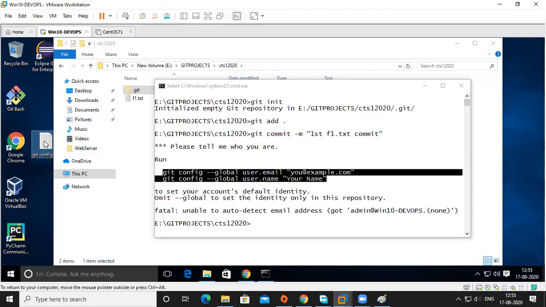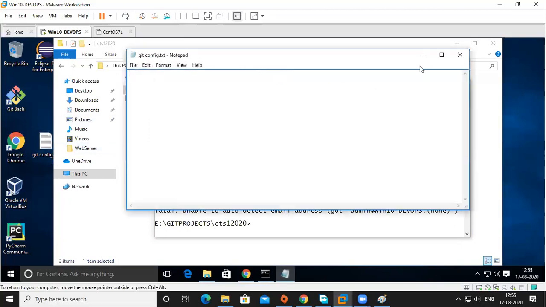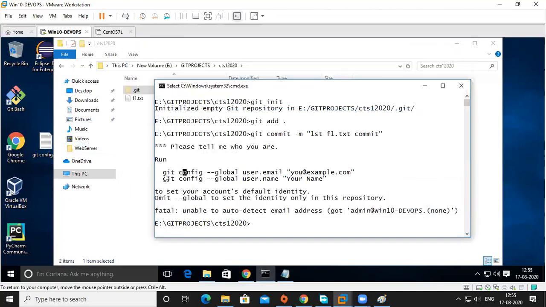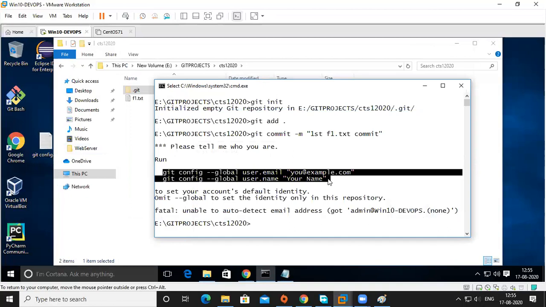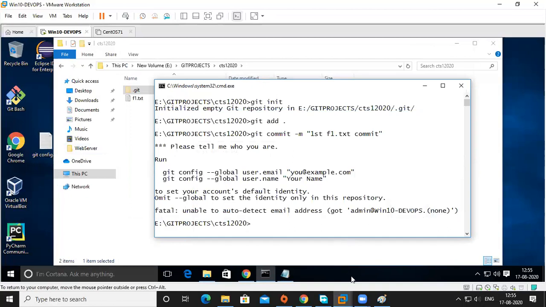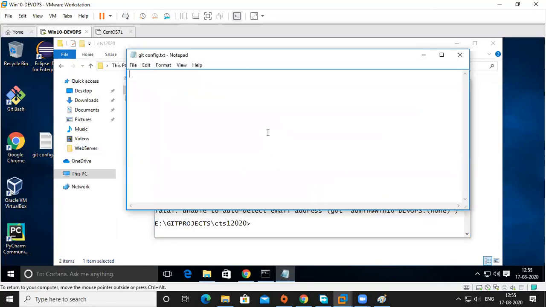So here I will type a few commands. Whatever it is showing like this, I'm going to copy and put it here. Later it will be very useful, because sometimes we forget what we are doing.